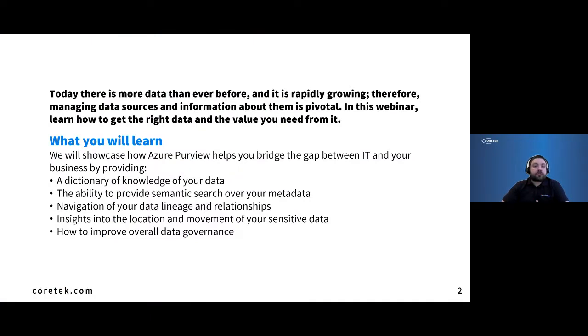So what we're really going to talk about today is how Purview helps you bridge that gap between the IT side of the business and the business side, right? Because sometimes there's a little bit of a divide there, especially when it comes down to data. And so we'll show you what